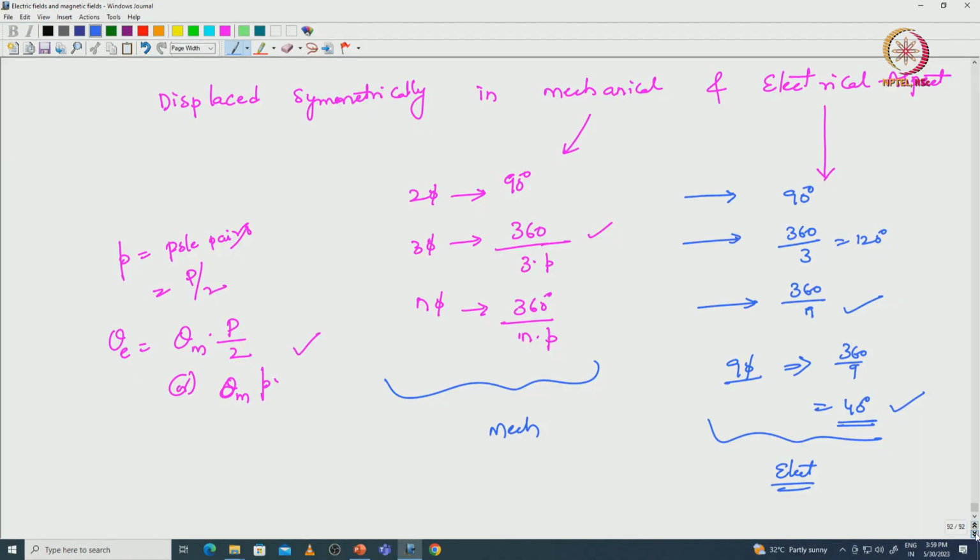The same analysis we can consider for 3 phase machines also. I will give a brief explanation for 3 phase rotating magnetic fields, but the analysis and explanation will be the same. Let us consider the 3 phase machine